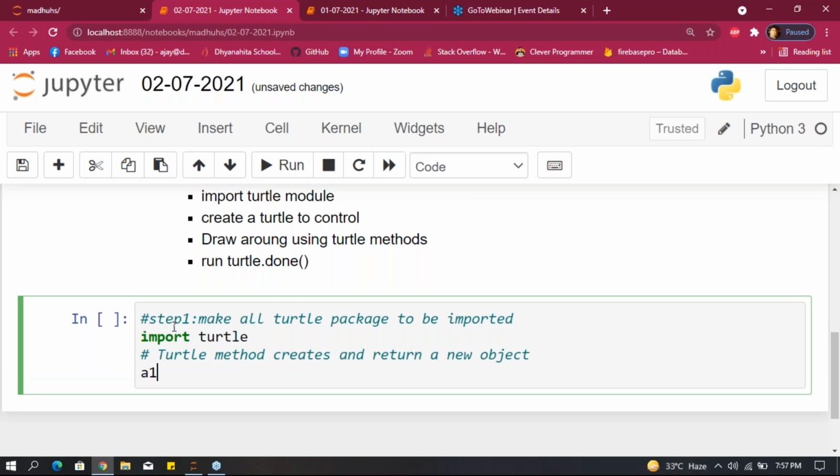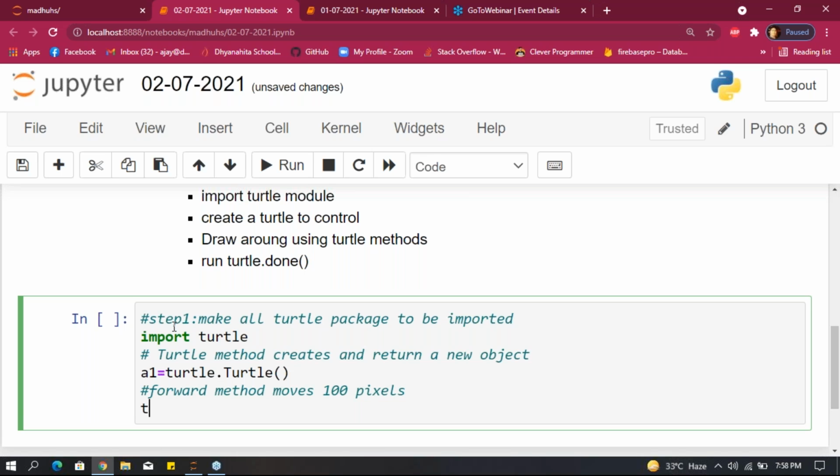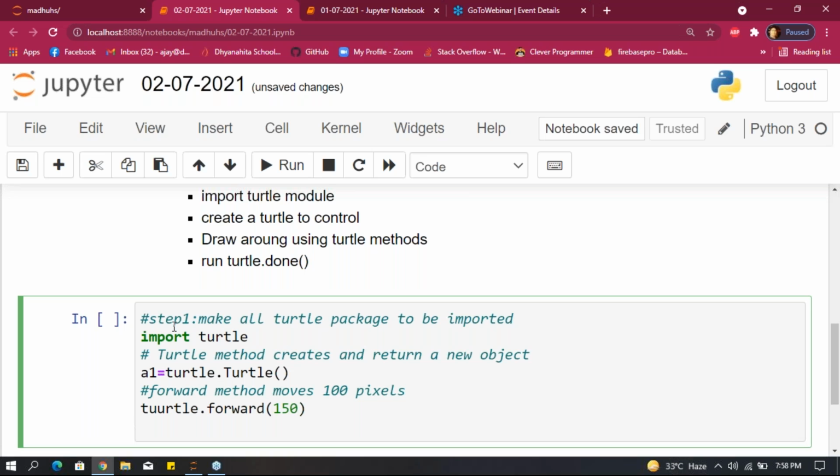For that, I'm taking a1 equals turtle dot capital Turtle. After that, the forward method moves 100 pixels, for example turtle dot forward, and I'm giving 150 here. 150 is pixels.